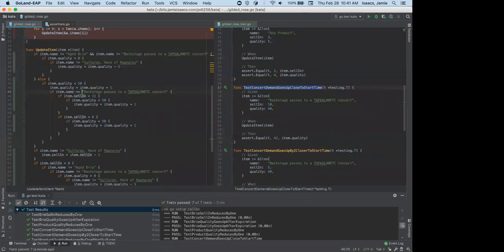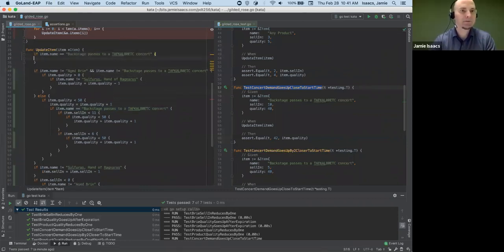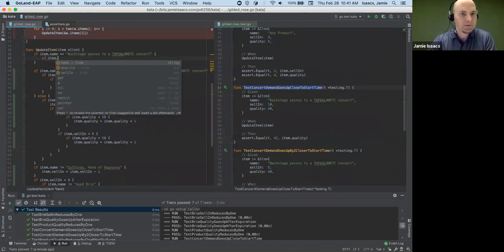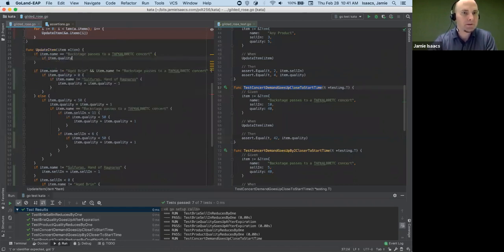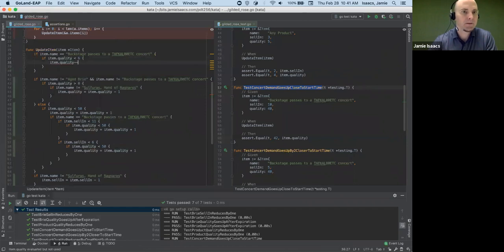Okay, let's do this. Start way up here. If it's a concert, we'll do something special, and we'll say if item.quality is less than 6, quality, oh, it increases. Okay. But this is only the case if it's less than 50. If item quality is less than 6,